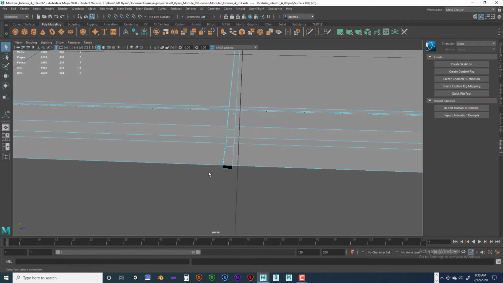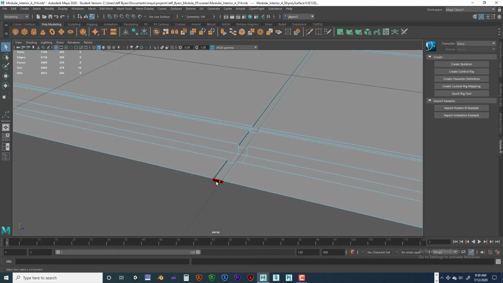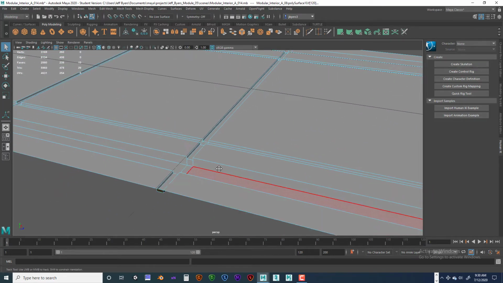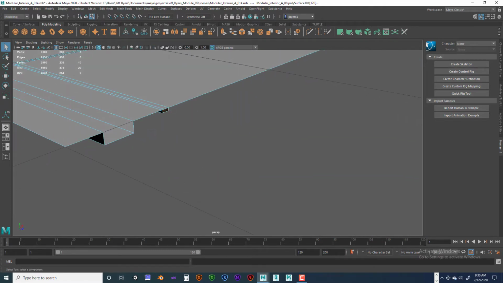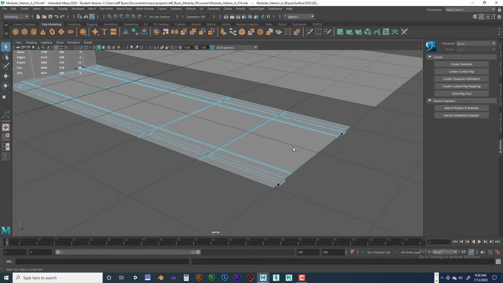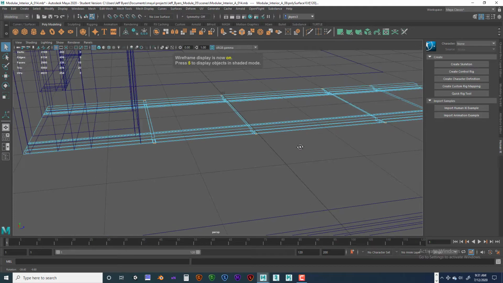Like I said, some people leave these in, but since I give thickness to all my pieces, it won't matter. So I'll just take them out. Okay. Alright, so now I'm going to hit the delete. Now, before I hit the delete key, I'm very careful by hitting the 4 key and just making sure I